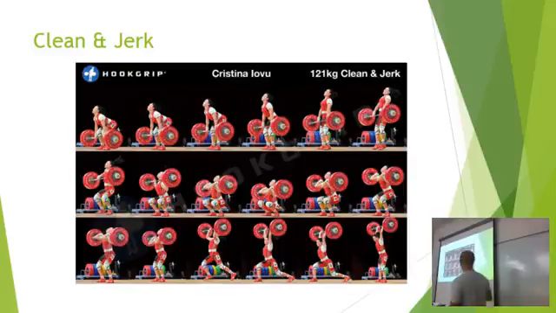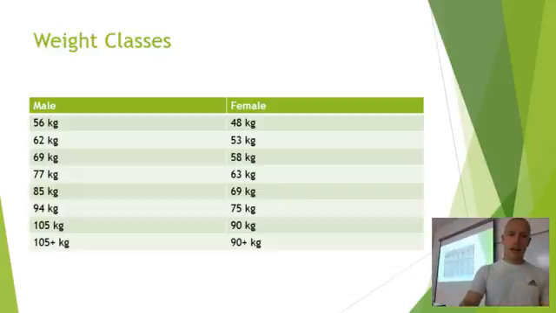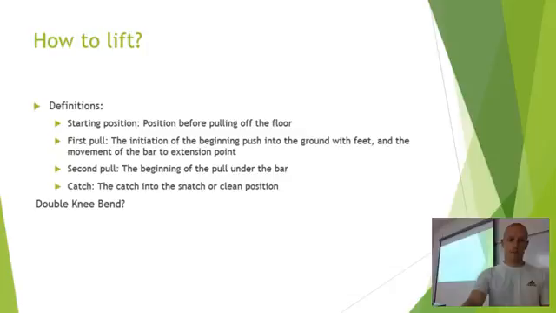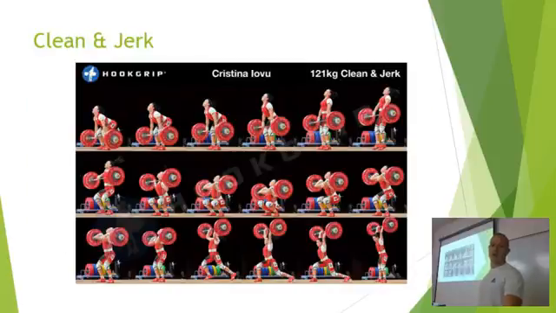Now we have what's called your second pull, where you see the elbows starting to bend, and then the elbows are under the bar, and then the elbows are in front of the bar as you begin to squat underneath it. That right there is your second pull. And then you have your catch position, just like I was saying a second ago, right here. That right there is your catch position.